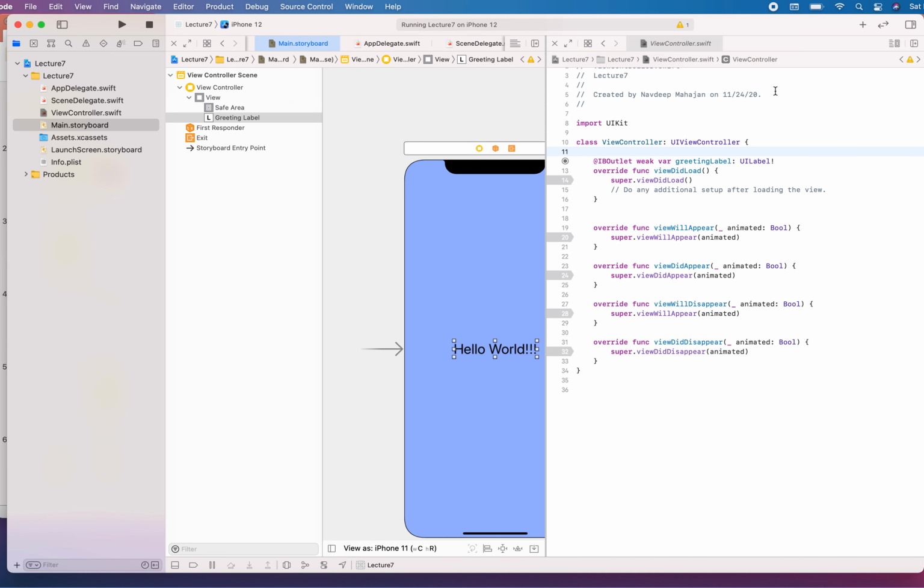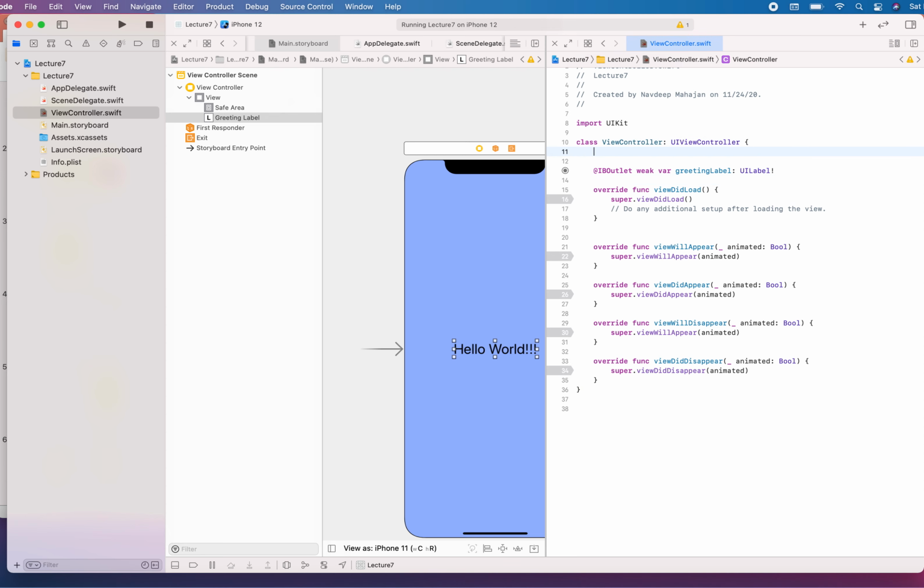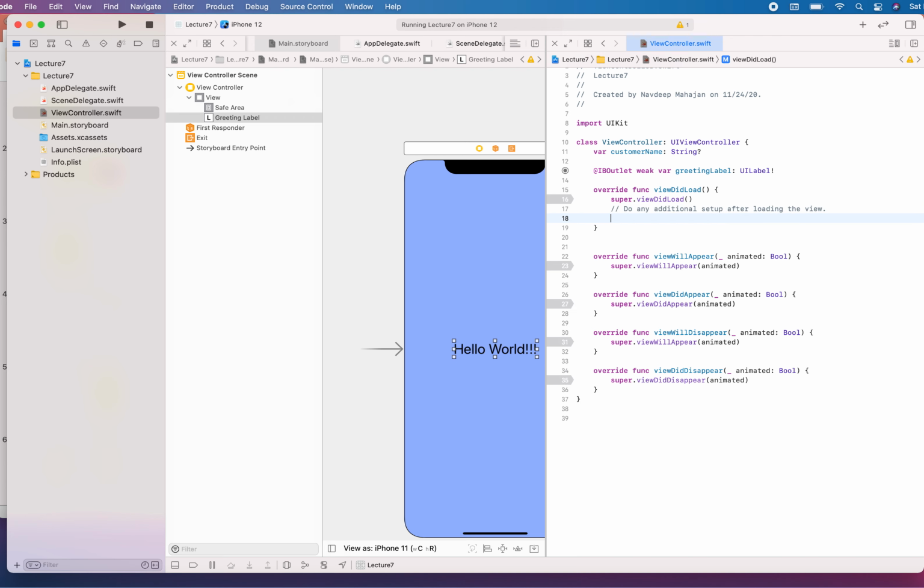Okay. So it went forward, and it basically used its greeting label is what we call an implicit optional. So you see the exclamation mark. It's an implicit optional. And now I need to set some name. Now, essentially speaking, in a real life example, you will have a variable which will probably store something like a customer name, and it can be optional. Inside your view did load, you will probably make a network call and get this customer name. Okay, so you'll go and get the customer name, and the customer name can be something like Robert